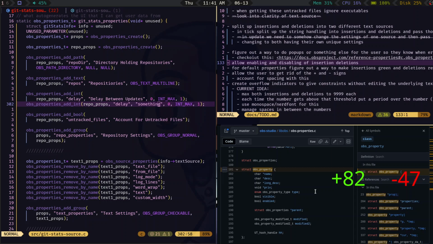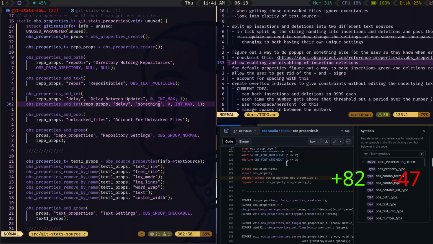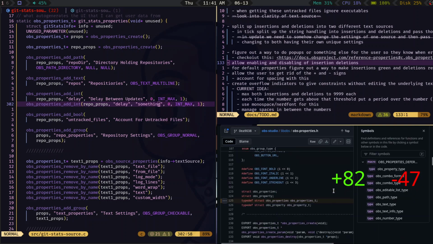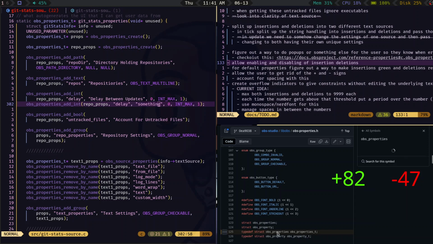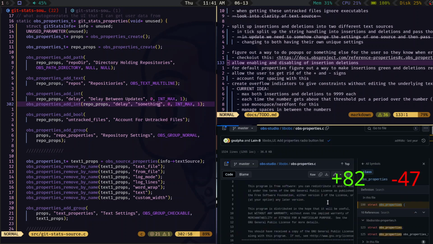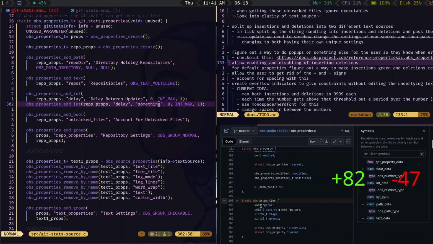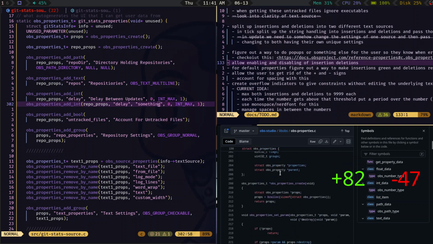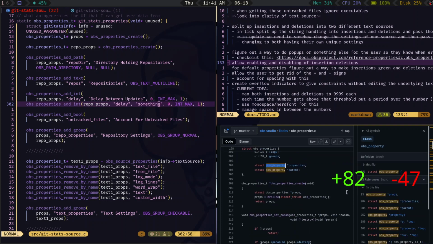Okay. So when we have properties, oh, give me just properties. So properties holds information for the properties itself, and then that's